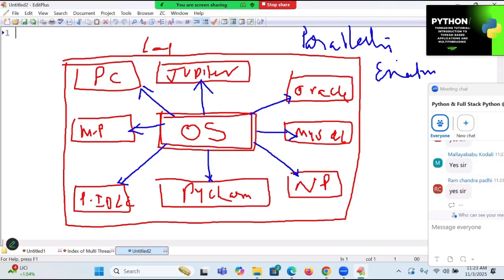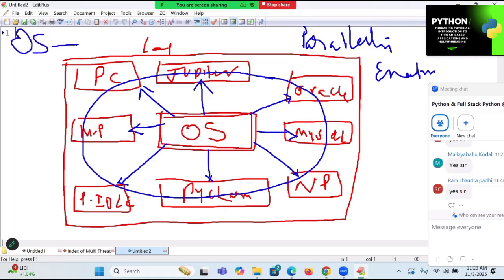Simultaneous execution. Synonyms: parallel execution, concurrent execution, simultaneous execution. They are all similar terms. What is this OS doing? Providing services to all my apps at the same time. This is known as OS level. If you studied in your CSE background, it is known as multitasking. This is known as multitasking.